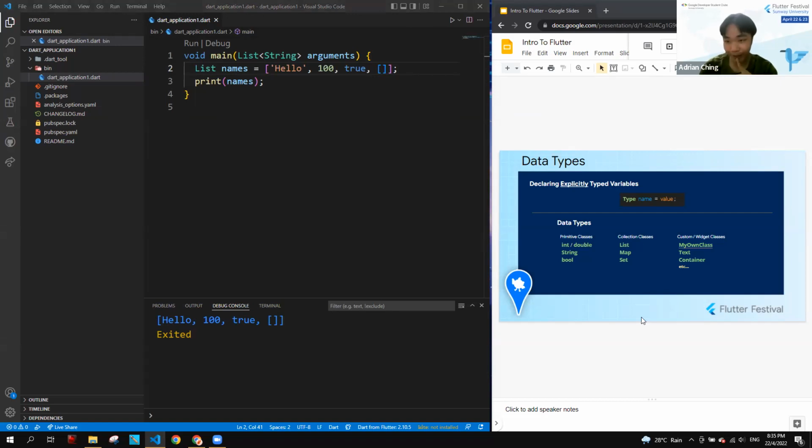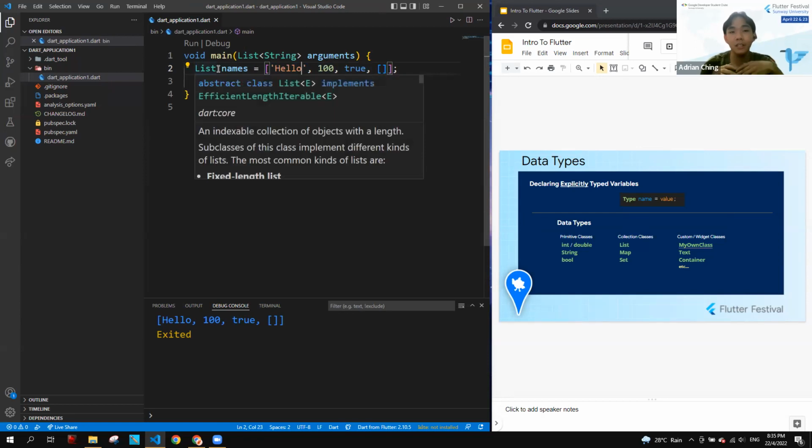Yes, Brandon is right. Another viewer is right too. So a list can contain strings, integers, booleans, and also a list inside of a list. Now logically speaking, a list of names shouldn't have integers, shouldn't have booleans, shouldn't have other lists in there. A list of names usually will be all string values, right?